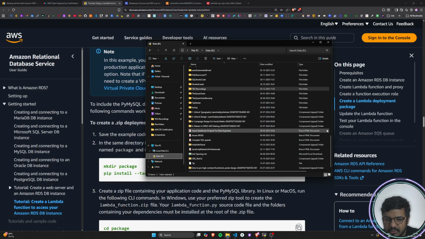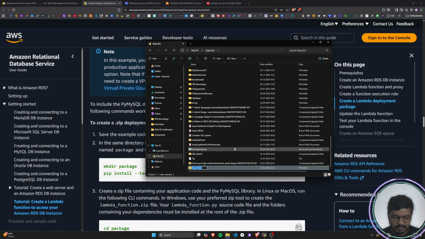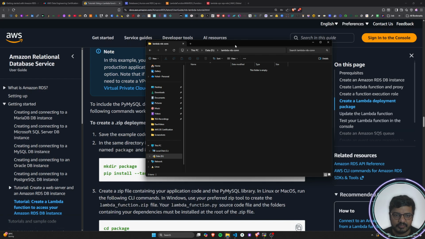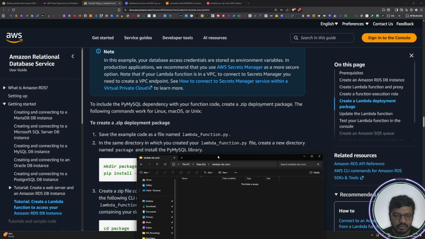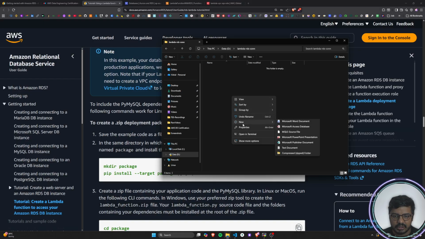Let's suppose I'm naming it as lambda hyphen RDS. Okay. So inside this lambda hyphen RDS connection, first of all, I will create a new file named as lambda function.py. Okay. So I will click on this new,